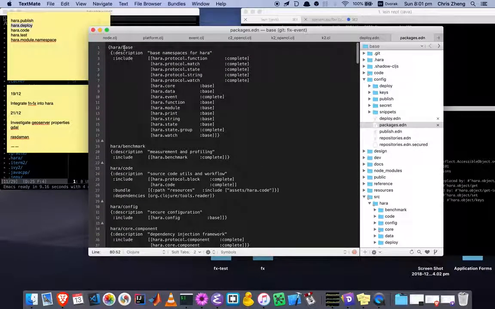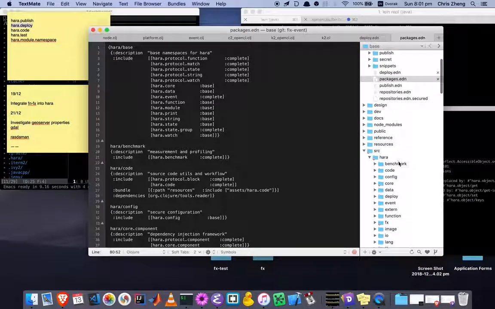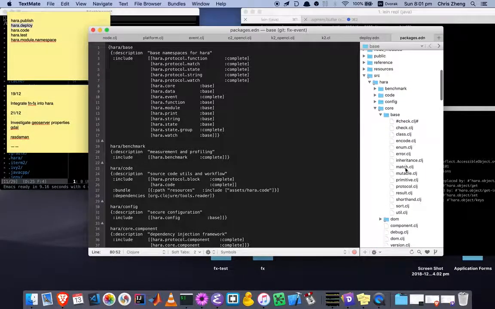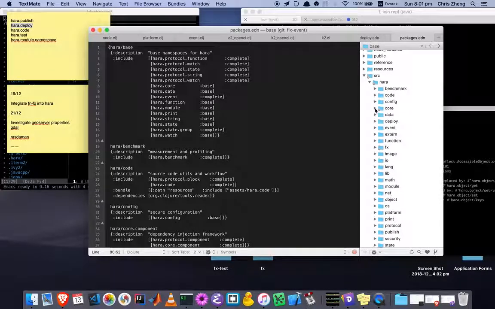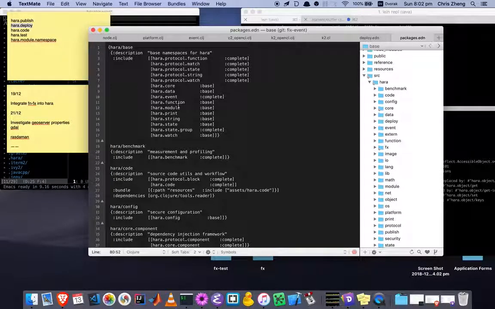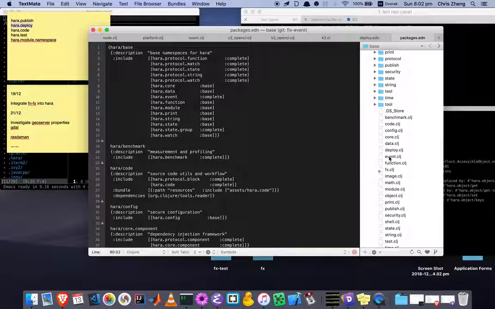So from Hara base, you can see that I've packaged a couple of protocol functions, and these are the namespaces with base. And what that means is, if we look at hara.core, all the base functions are packaged. Again, hara.data, all the base packages are put in there. So that's the way I've organized it, and complete just means the whole thing goes in there. Like, including hara.event,